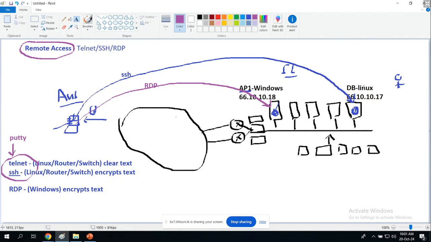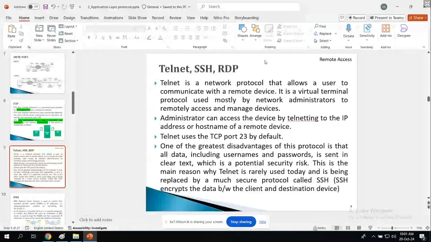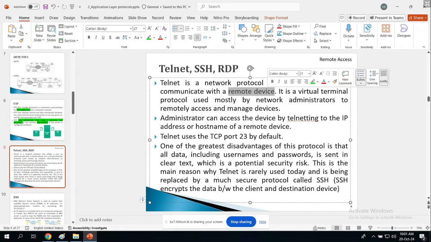It will not work. Right? So likewise, you should know what the destination machine is and use the correct tool and access it respectively. So this topic is basically talking about telnet, SSH, and RDP. I think I have almost explained everything here, right? All these three are used for remote access, and it tries to connect to a remote device and give the